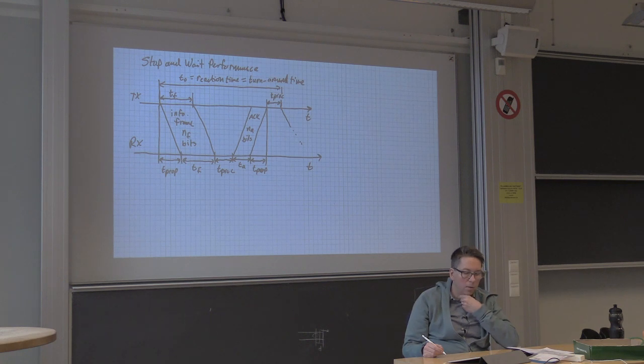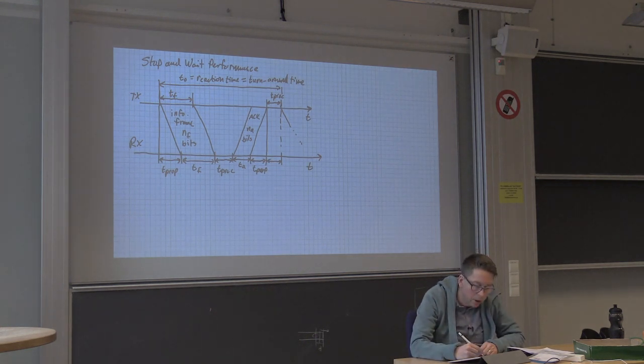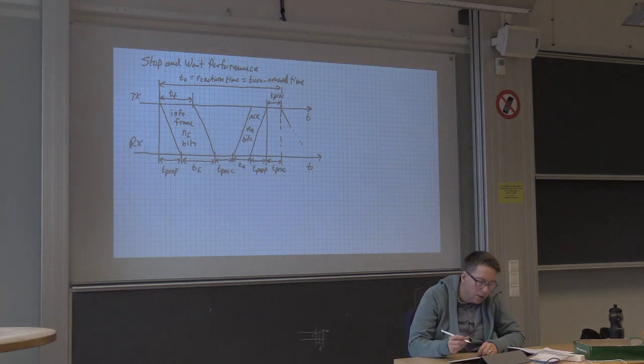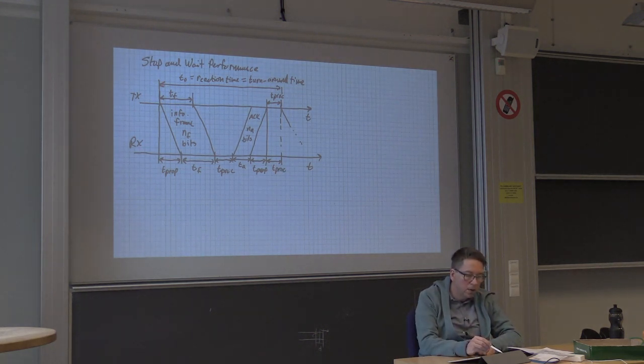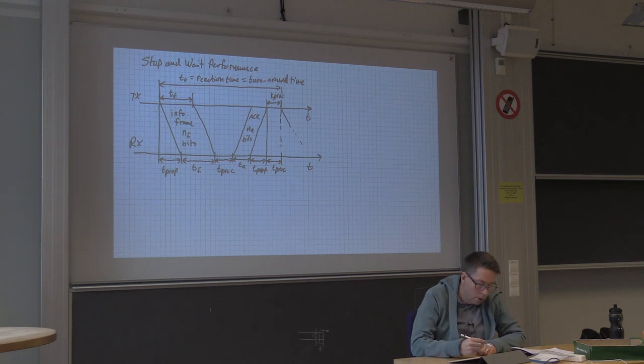Okay, and so we can calculate the turnaround time easily by drawing down this line here, and in the bottom here we see that we have also a T-pros at the end here. Okay, now, if we want to calculate T0, it's easy enough to do that below here. We see that we have a T-prop, a TF, a T-pros, a TA, a T-prop, and a T-pros, right? We just add them together. So it's easy to calculate this.